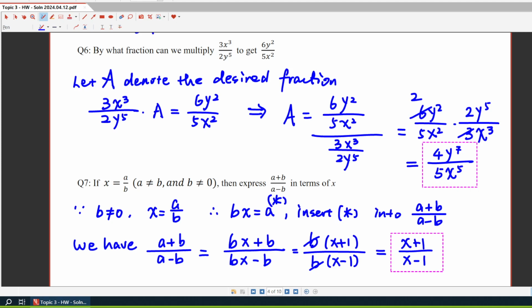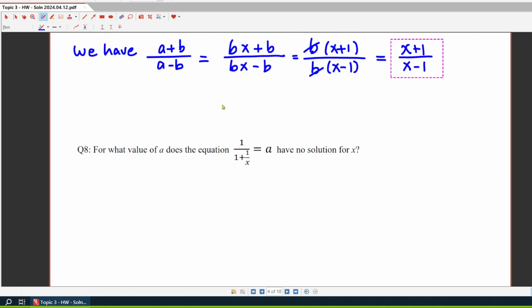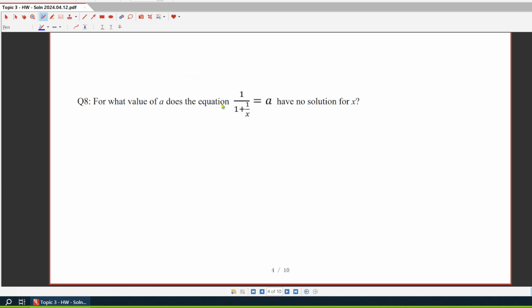Okay, again, if no questions, let's move on to the next one. For what value of a does the equation 1 over 1 plus the reciprocal of x equals a have no solution for x? Okay, we can actually try to solve this equation in terms of x, right? So let's say the equation is star. Equation star is equivalent to